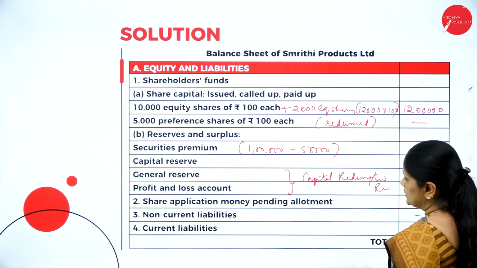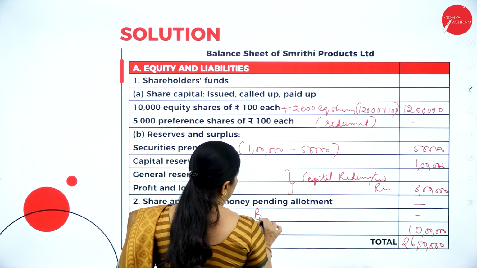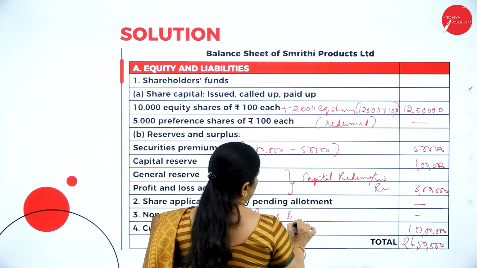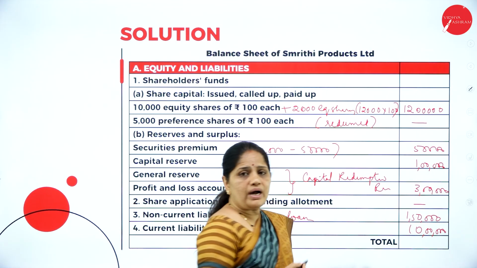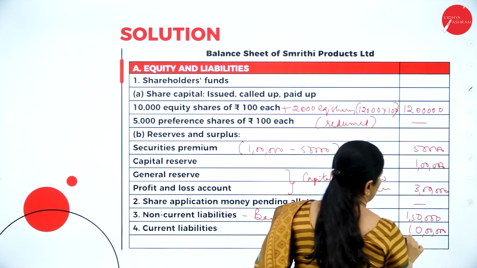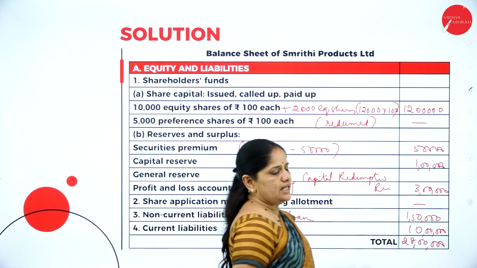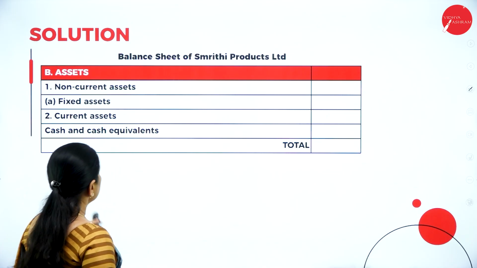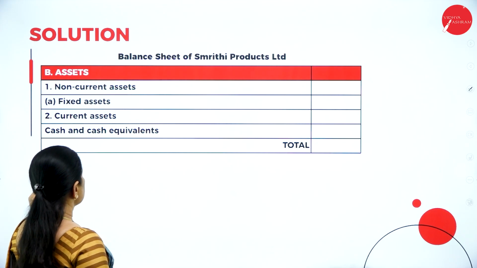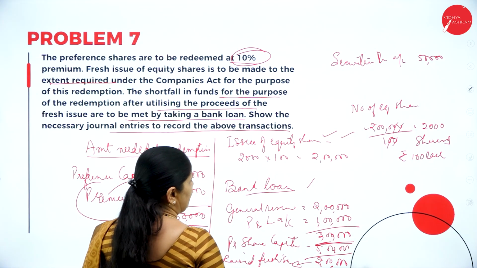Then we also have the bank loan. So in this we have the bank loan. Bank loan is to add 1 lakh 50,000, 27 lakhs, 28 lakhs. Total is 28 lakhs. Now, here we have the fixed assets, 28 lakhs. If you can see the balance sheet here,